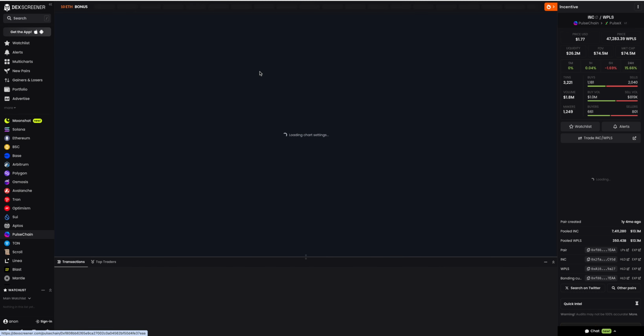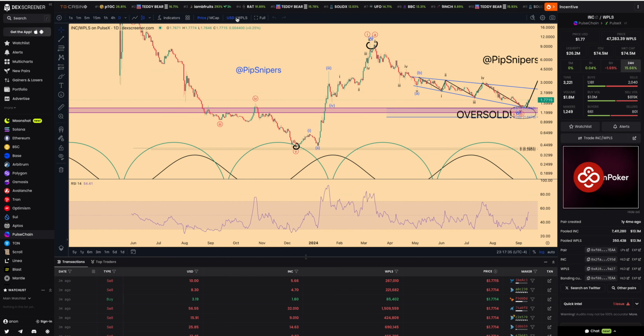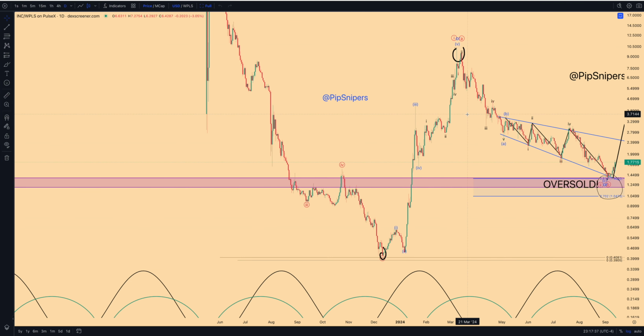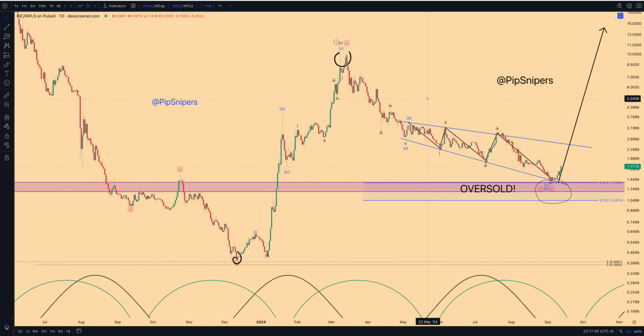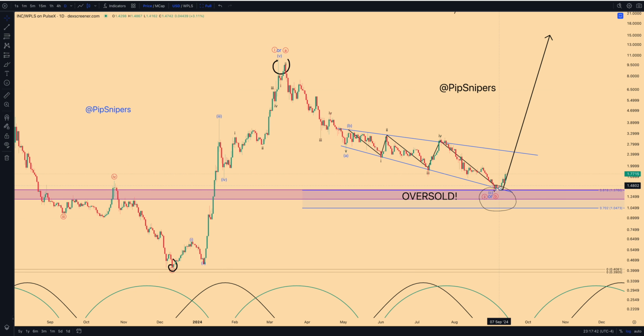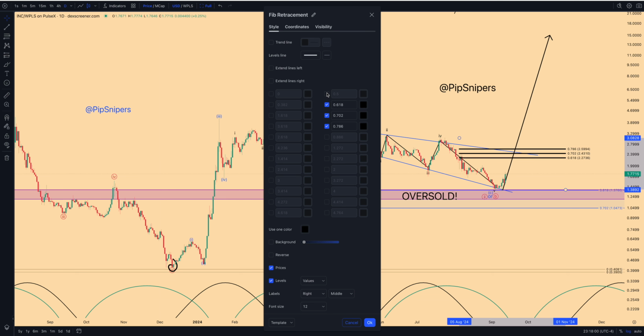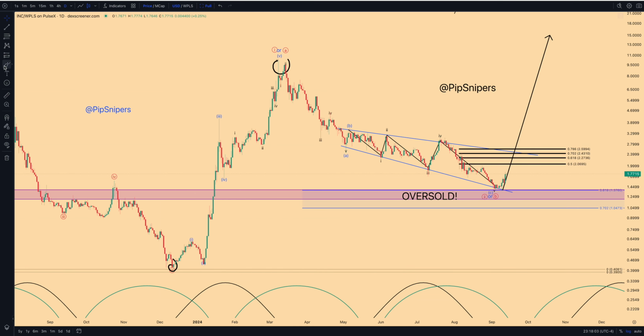So we'll take a look at INK here. Thankfully, I didn't delete my drawings here like I did with PLS and PulseX, but yeah, this is INK, and we've bottomed. And for extra confirmation of that bottom, I want to see a push above $2.43 and $2.59. Okay, these would be all the fibs that you can take a look at. Just a push above the EQ at $2 would be bullish. And if we stay above EQ,